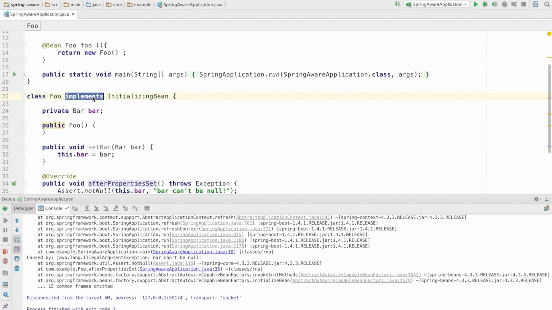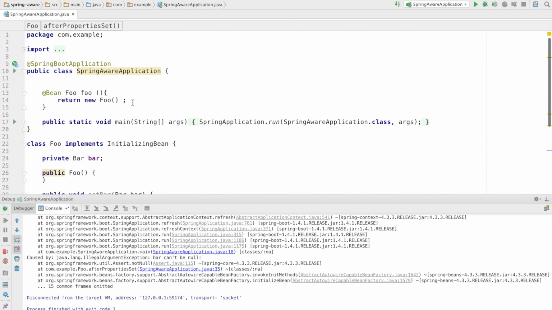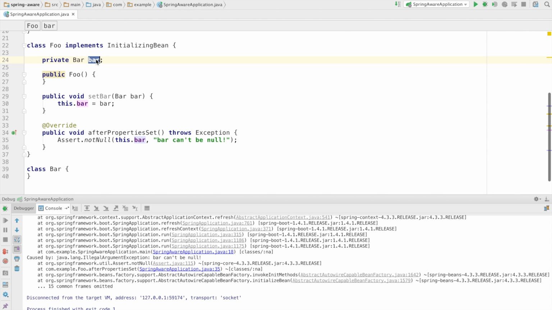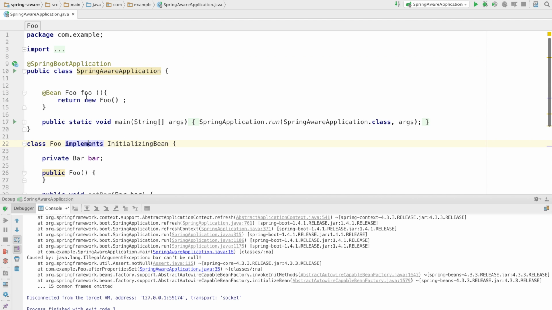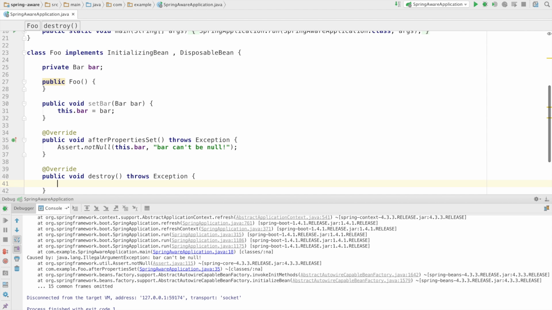We can also imagine wanting to handle destruction logic. Here we have a nice secondary constructor, if you will, to do this kind of stuff in the afterPropertiesSet method. Maybe we want to explicitly null out this field to signal to the garbage collector that it can be garbage collected. Maybe this is a dependent or scoped bean, for example. So in this case, we can also implement DisposableBean. DisposableBean is a callback that's the mirror image, if you will, of InitializingBean. And so here we're going to say this dot